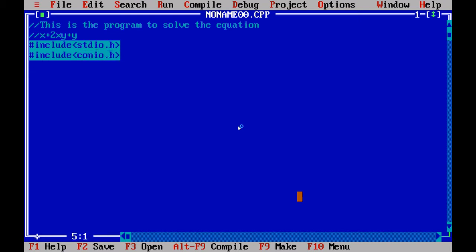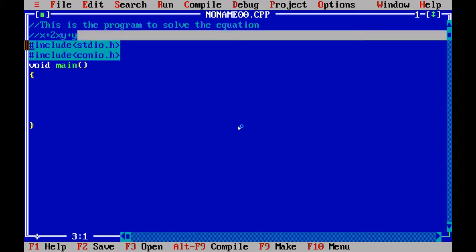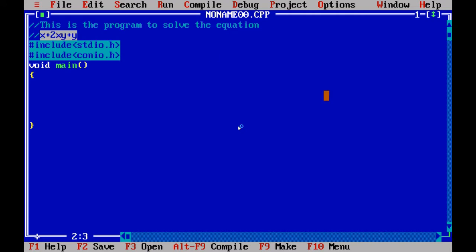Next you can include the void main section, then open curly braces and close curly braces. These are the basic things that we have to do for all programs. At first we have to look at this equation. In this program we have to solve the equation x plus 2xy plus y. So this is the equation to be solved.